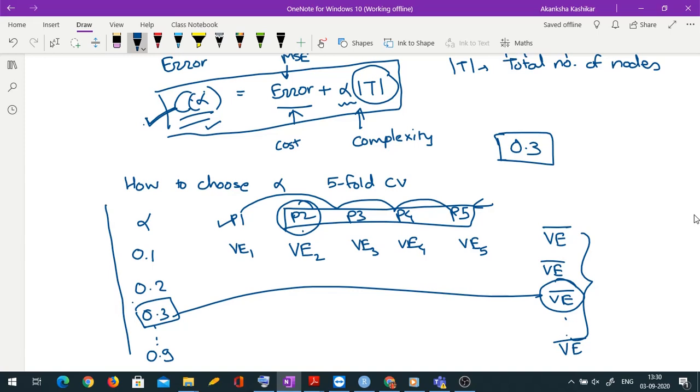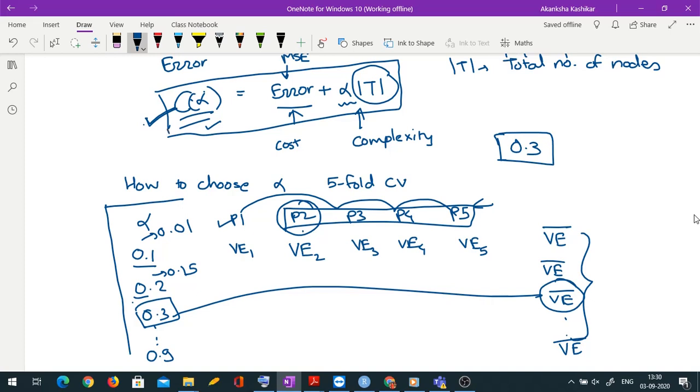What I described here is a very, what do you call, toy type of explanation for the actual process, because if I am trying alpha equal to 0.1, 0.2, why not 0.15? For that matter, why not 0.01? So ideally what the algorithm does is it has a way to consider all possible values of alpha and find the best value. Is it okay? I have explained by taking 0.1, 0.2, 0.3 just to make things a bit clearer.